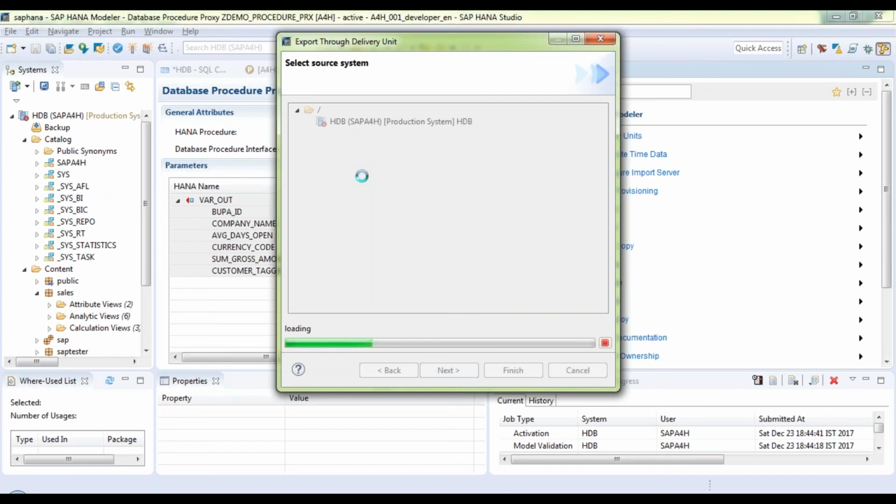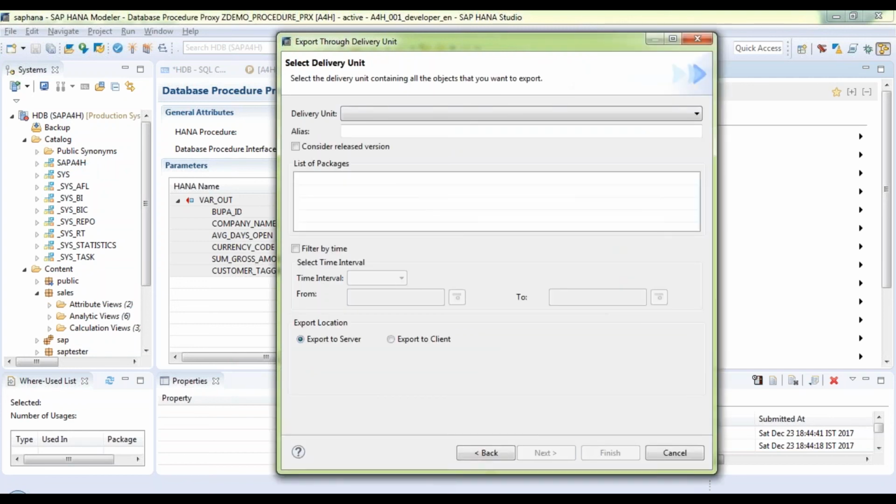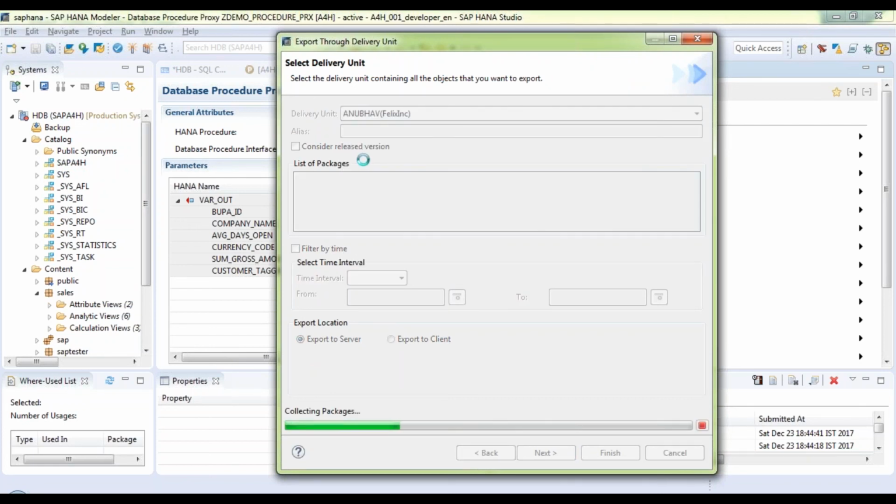You guys can import it in your HANA DB. Remember, your schema name should be according to that. You have to have a SAP A4H schema, because delivery unit works like that actually. So you need to be a little careful when you are importing them back. Make sure that your database table has all the data, all these basic things you need to take in mind. So select this.